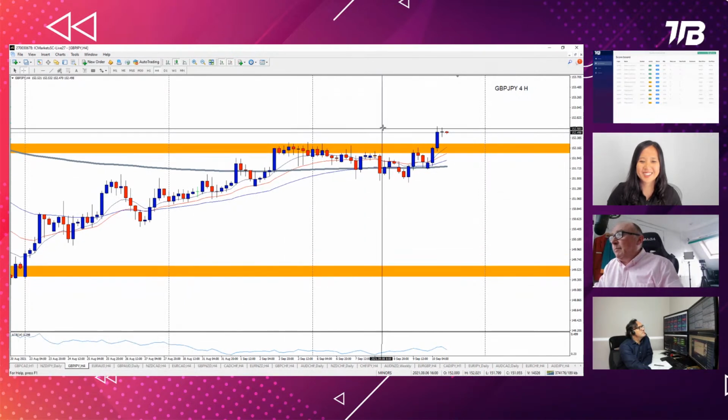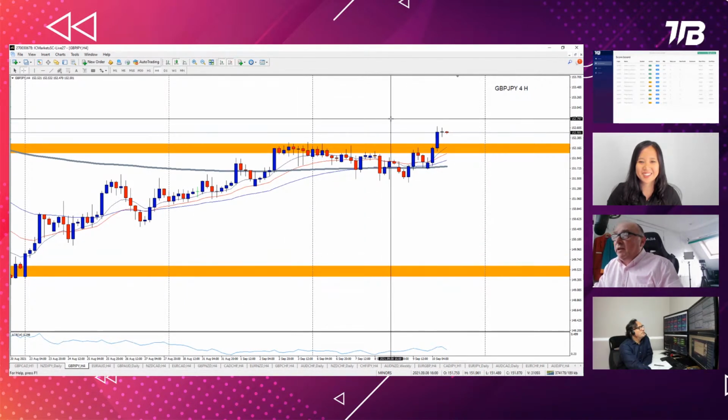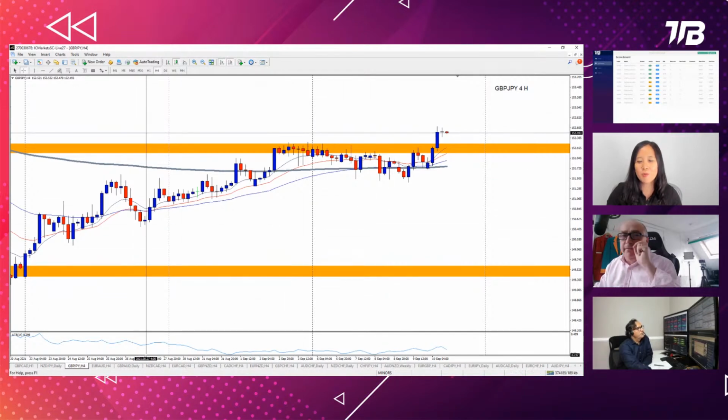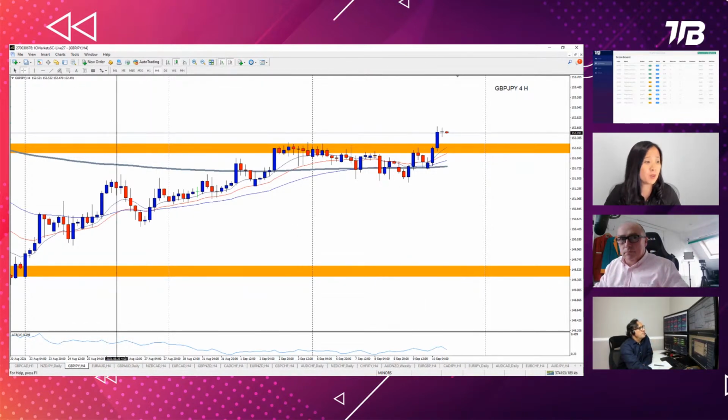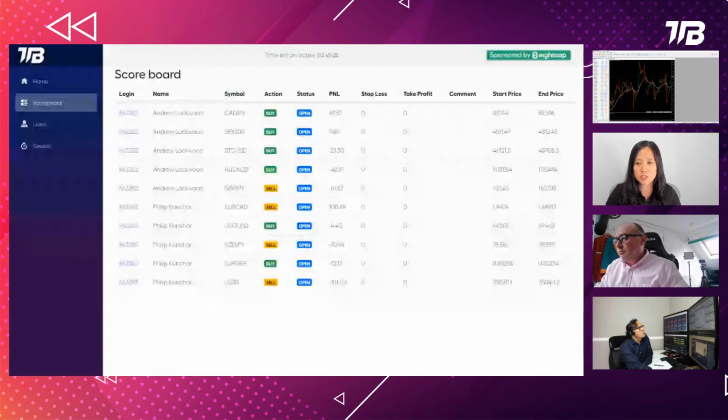I'd have a 60 pip stop and a 90 pip profit target for that. For now, look, we are well into our hold time. So if anyone wants to close any of those trades, feel free to. Just mention it briefly to our producers, and they'll close it for you,